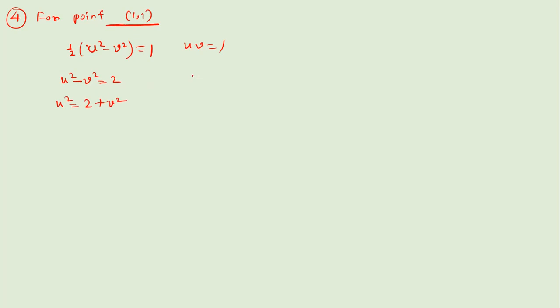And for the point (1, 1), that is x equals 1, y equals 1, half of u squared minus v squared equals 1 and uv equals 1. So you will get u squared minus v squared equals 2, u squared equals 2 plus v squared. If you put this into uv equals 1,